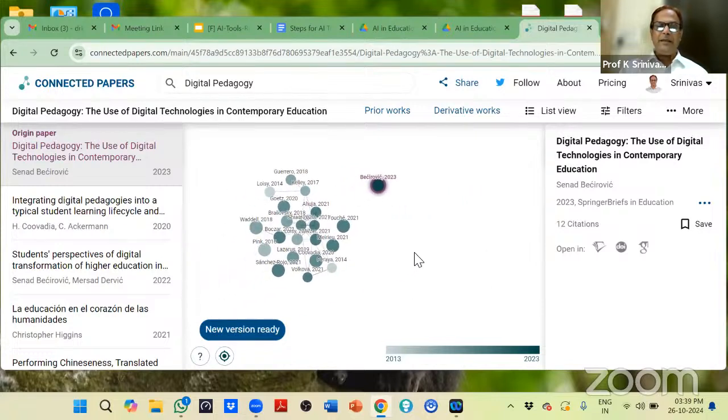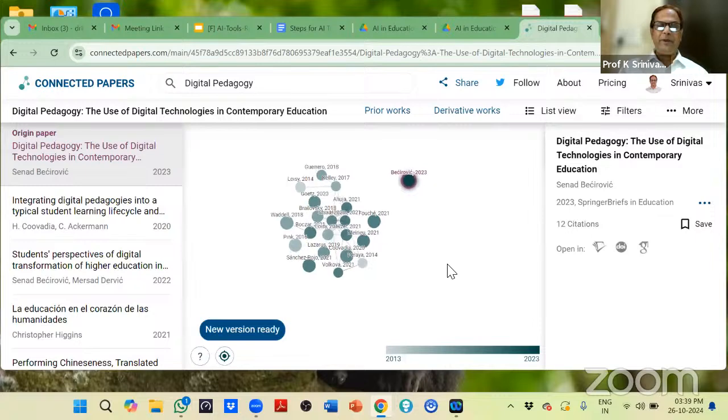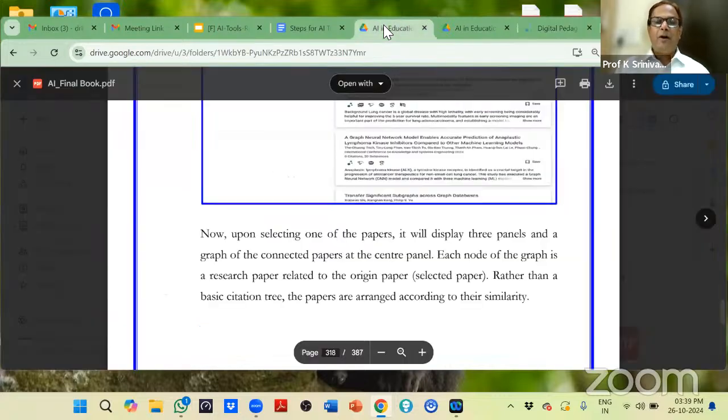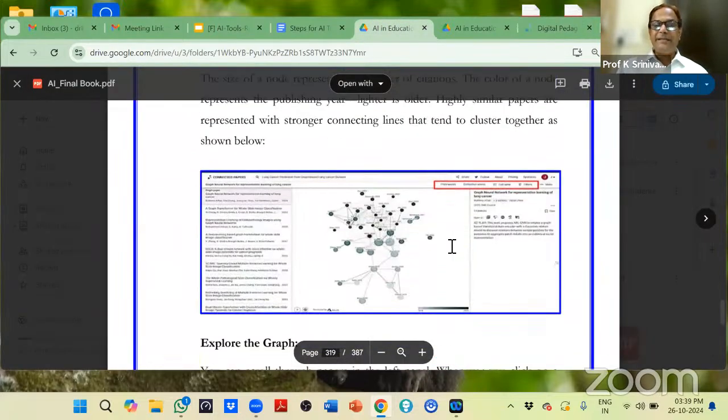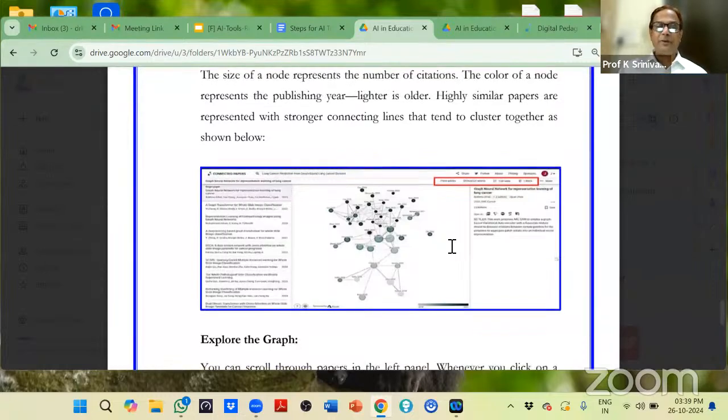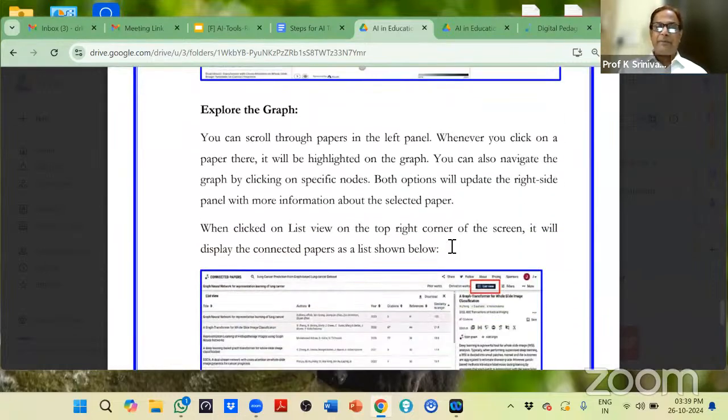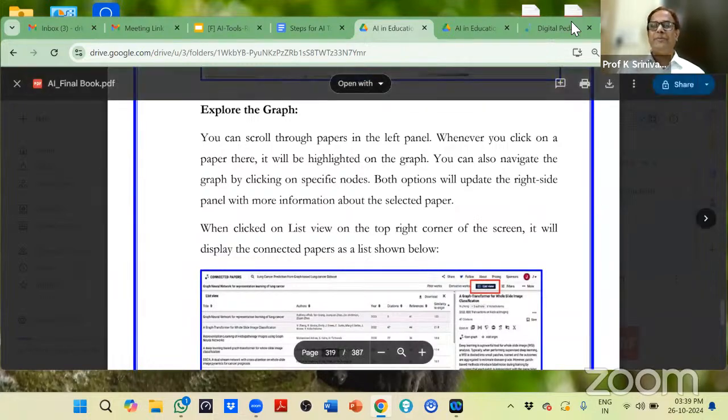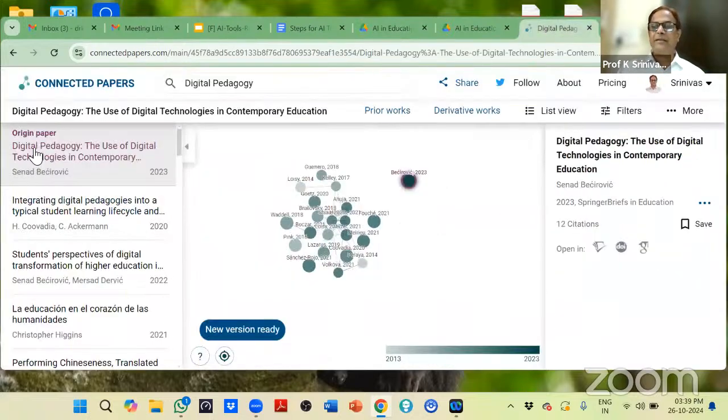इसके बाद इसी तरीके से इन पेपरों को आप एक्सेस कर सकते हो। और एक दूसरा सबसे इंटरेस्टिंग यही वाली बात है, द साइज ऑफ द नोट के बारे में बताया था। आप इसके बाद क्या कर सकते हैं, अब आप स्क्रॉल द पेपर इन द लेफ्ट पैनल में स्क्रॉल करके व्हेनेवर यू क्लिक ऑन ए पेपर देयर एंड इट विल बी हाईलाइटेड ऑन द ग्राफ आल्सो। मतलब ये पेपर को जब हम यहाँ करते हैं